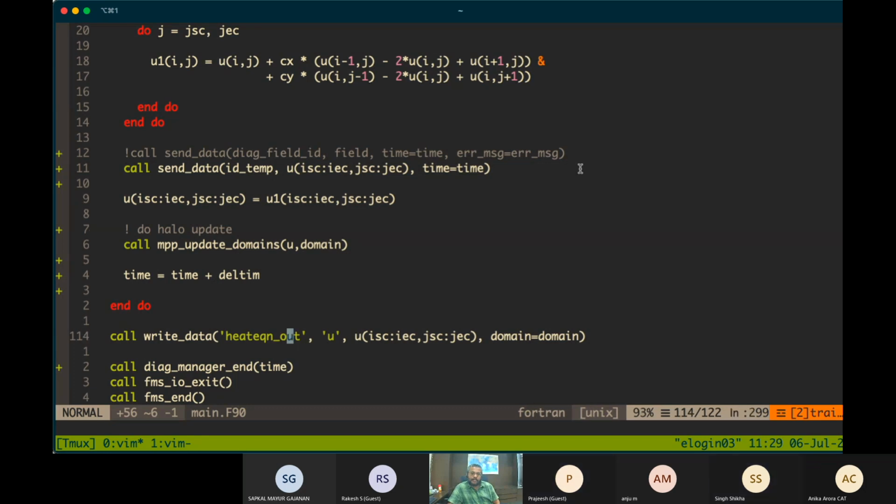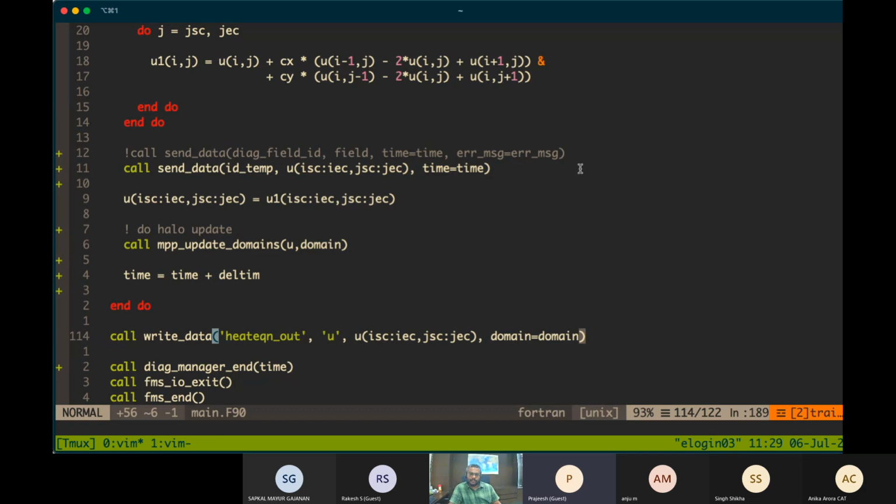But the real output we are going to do with the DAG manager? Yes, for the actual diagnostic output, for getting more control over the output, we have to use DAG manager. You can use write data when you're writing some program, or just to check quickly, without implementing DAG manager and all, whether things are going fine.